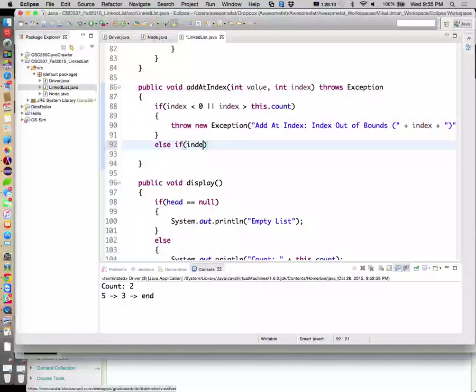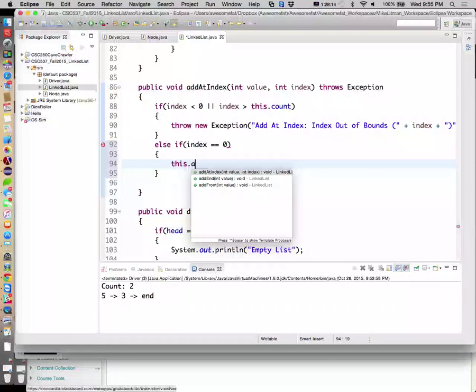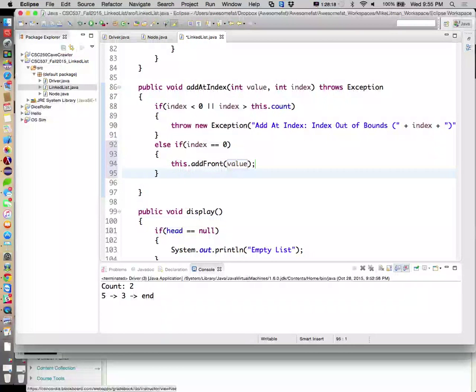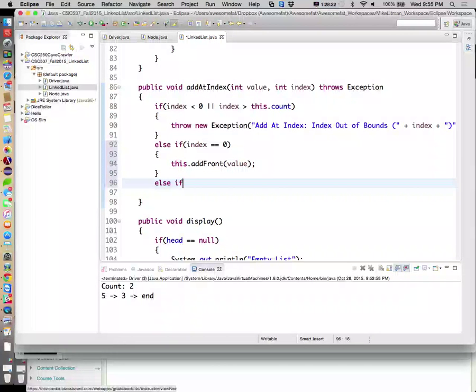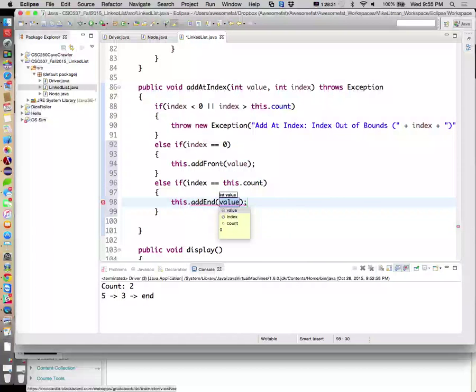Else, if index is equal to 0, this dot add front value. Else, if index is equal to this dot count, this dot add end value.